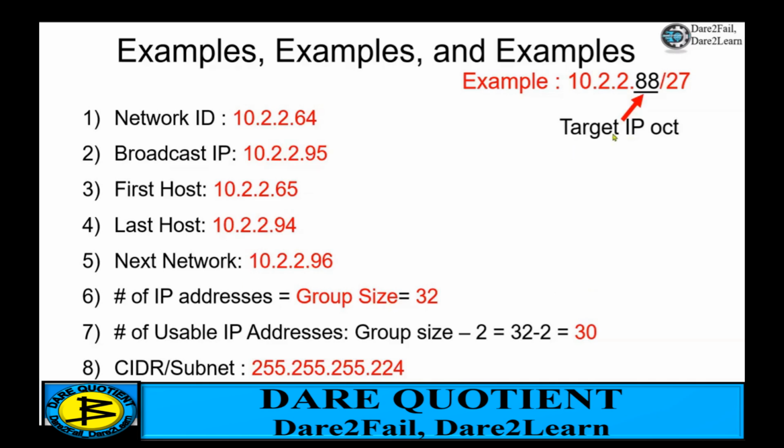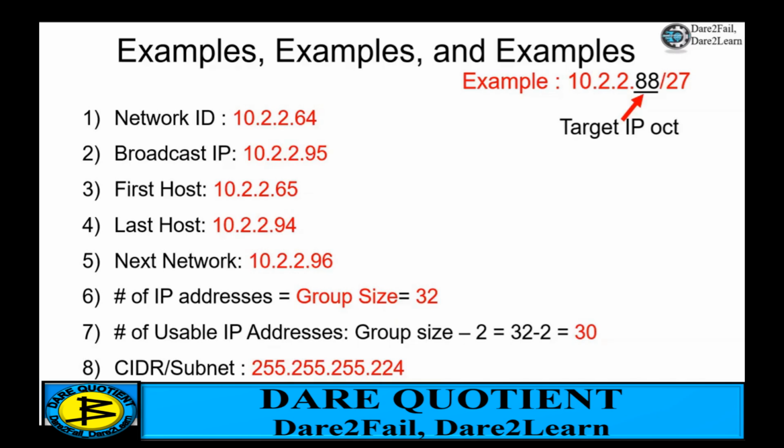Still on the same column of 32, our subnet mask corresponding to that is 224. Corresponding to a /27 is 224, and we know we're dealing with the 4th octet. So we have 255.255.255.224. So that takes care of the last 3 attributes: the number of IP addresses, number of usable IP addresses, and the CIDR subnet. Now we know our group size is 32,